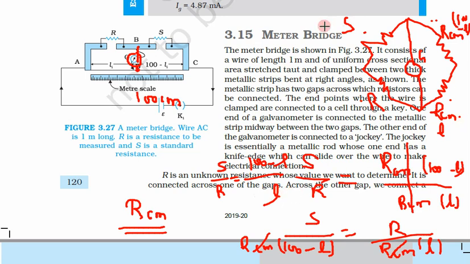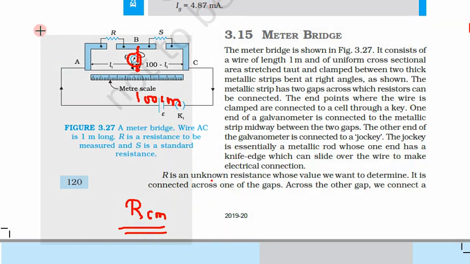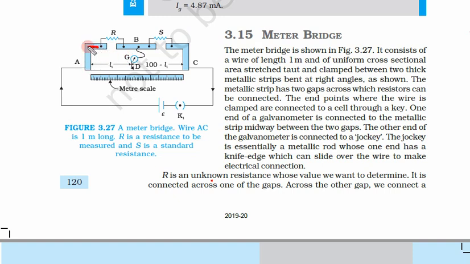So the wire has resistance. The resistance of the wire is RCM per unit length, that means per centimeter. Now we have this meter bridge, which is a practical application of the Wheatstone bridge. Here we see this is a broad metal plate bent at right angle. There is another broad metal plate bent at right angle. Since these are broad, their area is very large, so we have this resistance almost 0. So we have only the resistance R, and again only the resistance S.